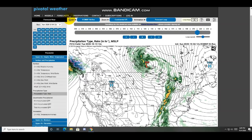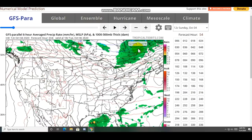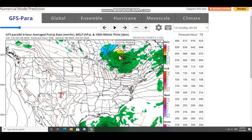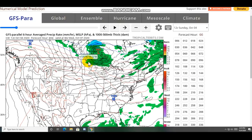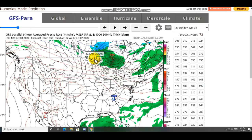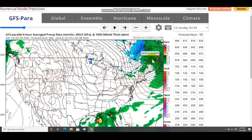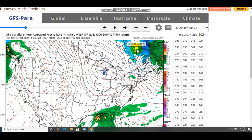Let's take a glance now at the GEFS, the GFS Parallel, because this kind of gives us a better view of what the snowstorm may look like this upcoming week. Notice that we see a pretty large, again, storm system traveling through the Midwest. The GFS Parallel keeps it a bit stronger than the European, and notice it brings rain across Minnesota, the UP, Michigan, and into Wisconsin as well. This thing grows pretty big, and notice that it keeps it a bit further to the west, so